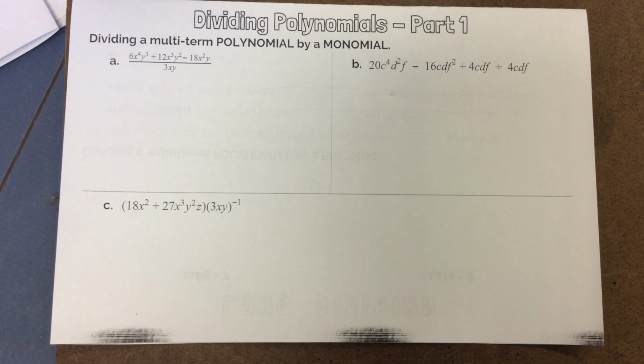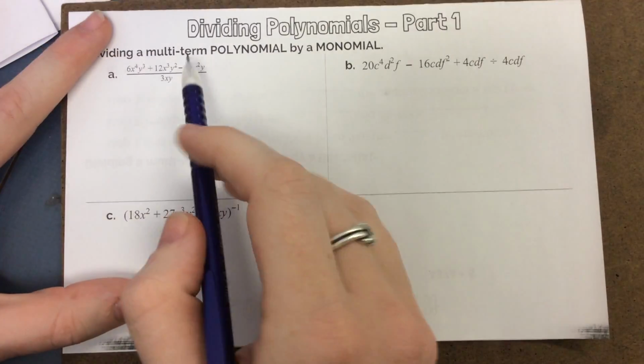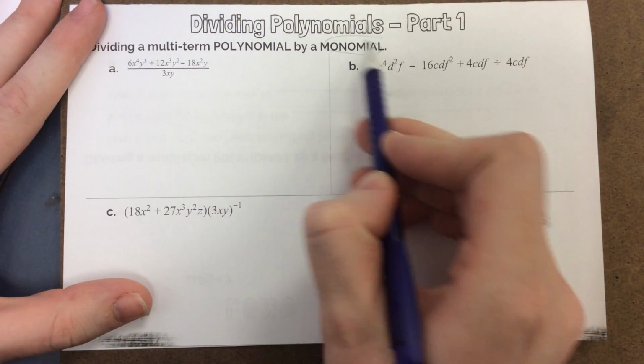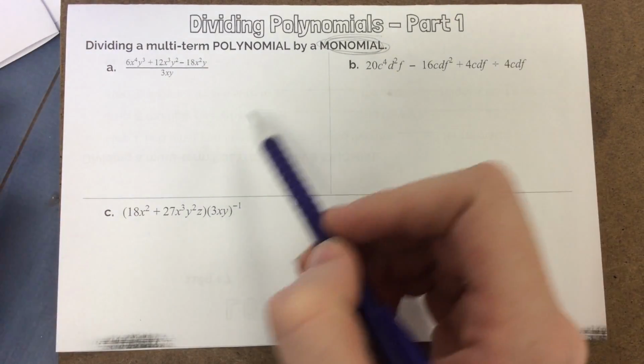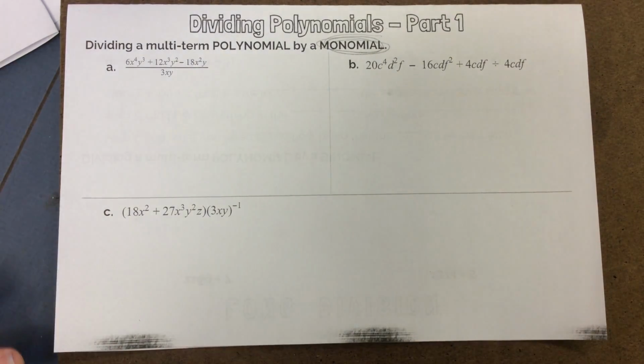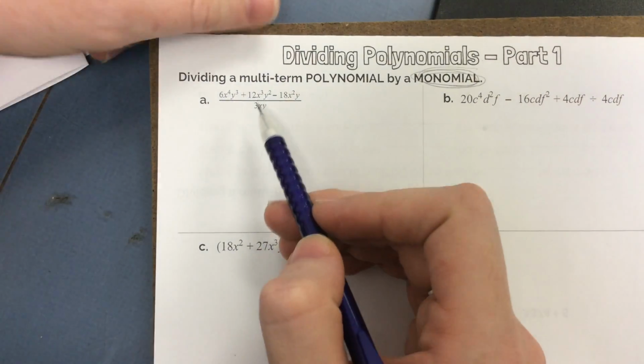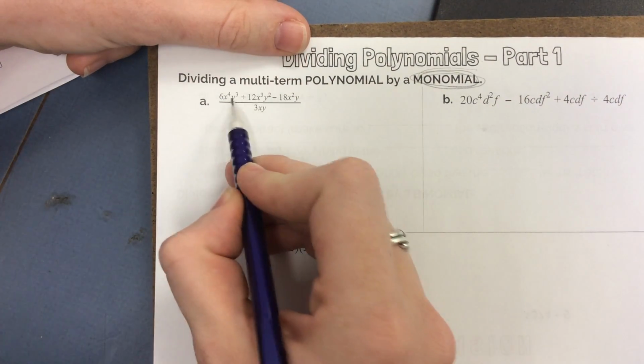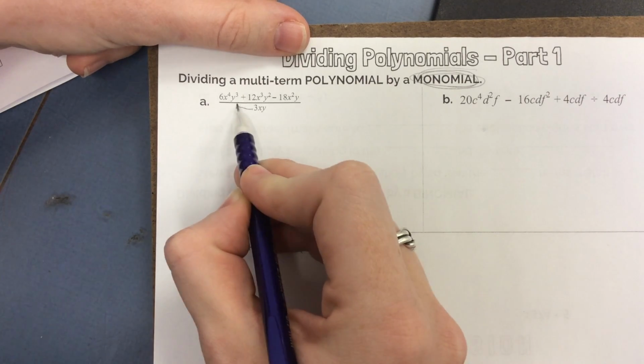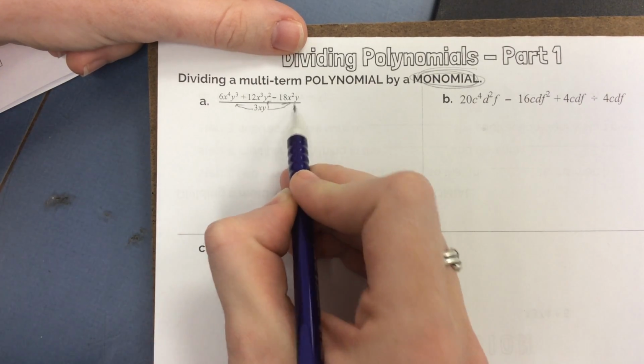Okay, today we're going to talk about dividing polynomials. The first thing we're going to talk about is what happens when you divide a polynomial by a monomial. So all these on the front are dividing by monomials. This one, you have this polynomial that's a fraction. All these terms, the three terms in the numerator, have to be divided by the single term, the monomial term